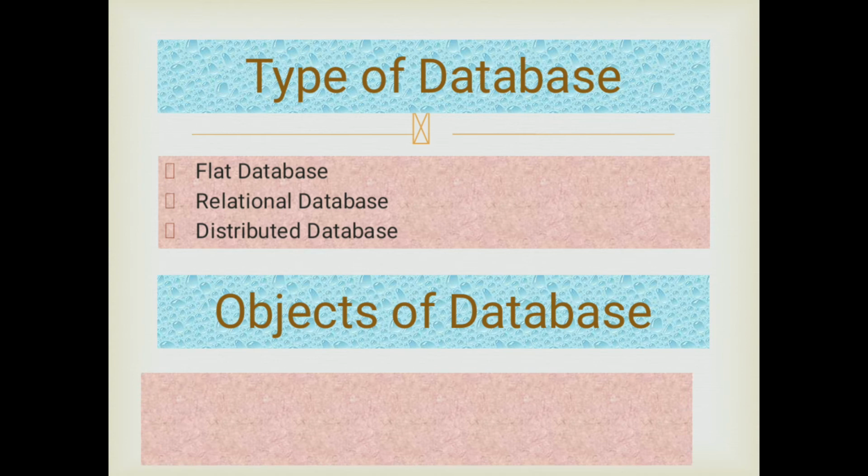The main objects of database: first is table. Table is a part of the database where the actual data is stored. Microsoft Access stores the related entries in its row. This row is called a record. Each type of detail in a record is stored in its column, known as a field.